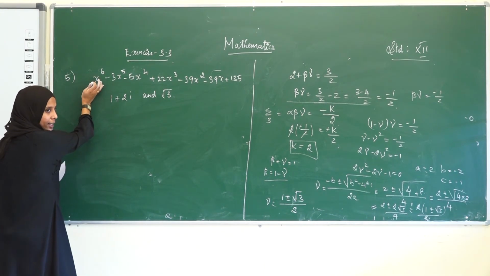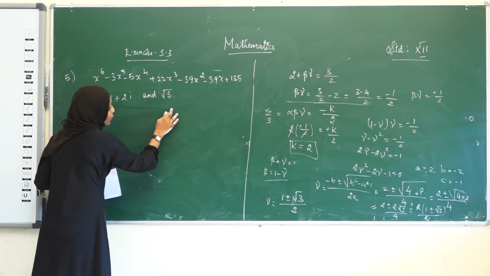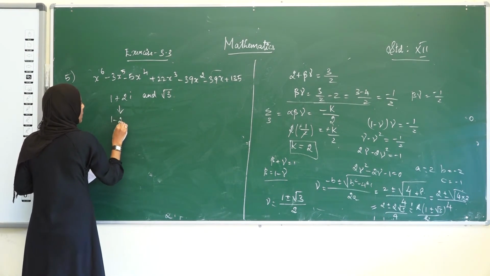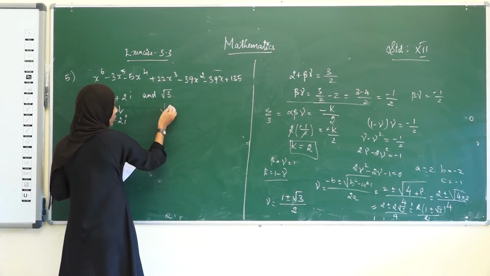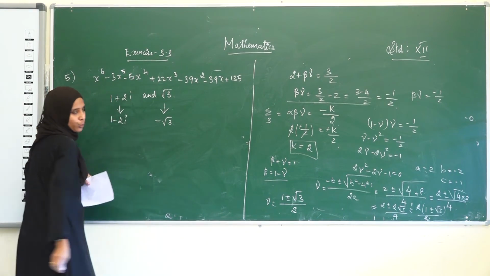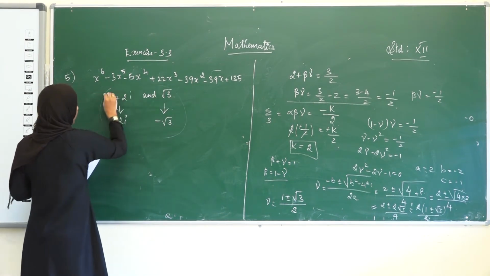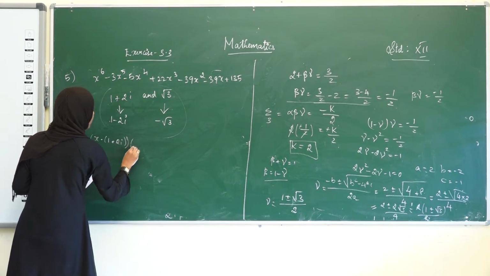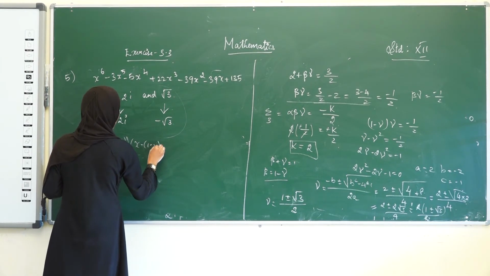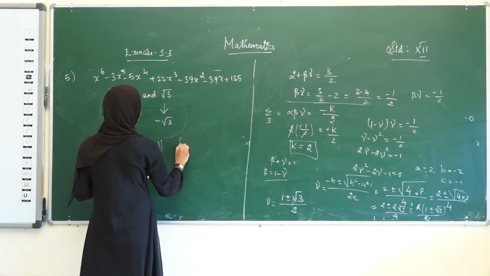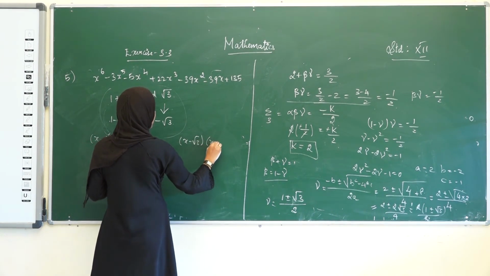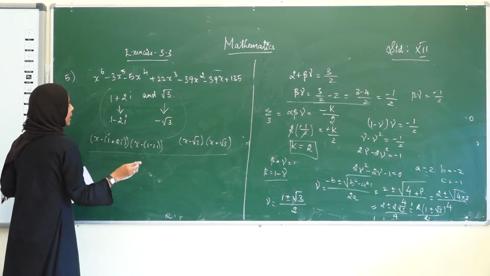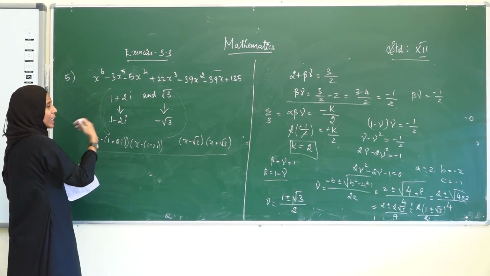Since it is a degree 6 equation, it has 6 roots. They have given 2 roots. From this we can write another 2 roots, right? 1 minus 2i will be another root, and from this we can write minus root 3. So we have found 4 roots. From this, we can write the factor of these 2 roots, and the factor of these 2 roots, x minus root 3 into x plus root 3. So from these we are going to find a single factor, and then we will be doing the long division method.